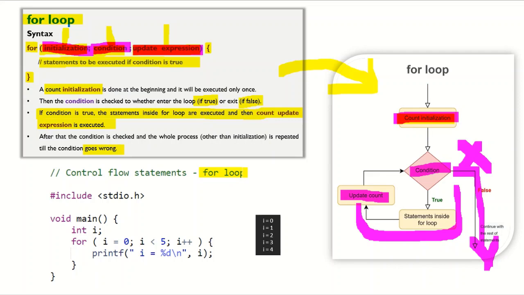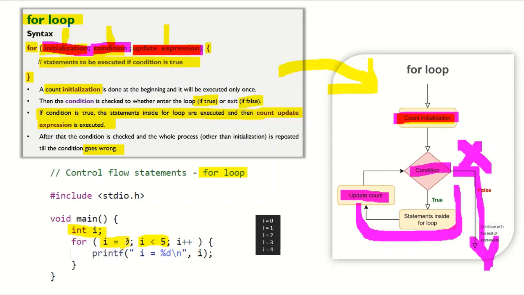An example of for loop: a variable i is declared as int type. In the for loop, first the initialization statement is done, that is i is equal to 0. Now it will check the condition i less than 5. If this condition is true, it will execute the statements in the for loop.